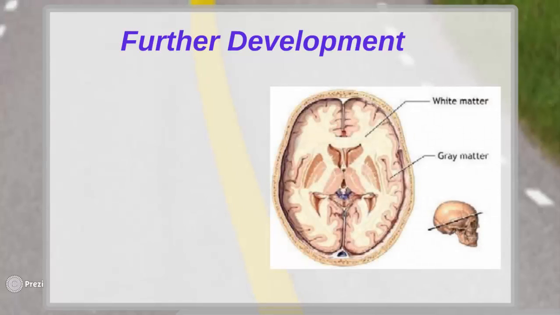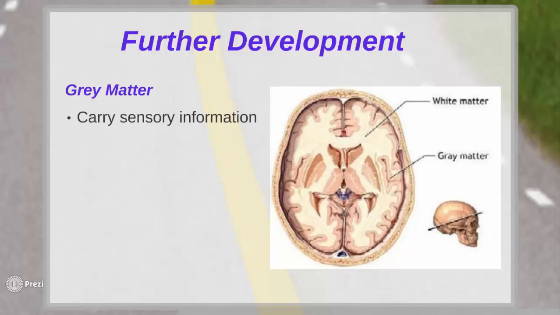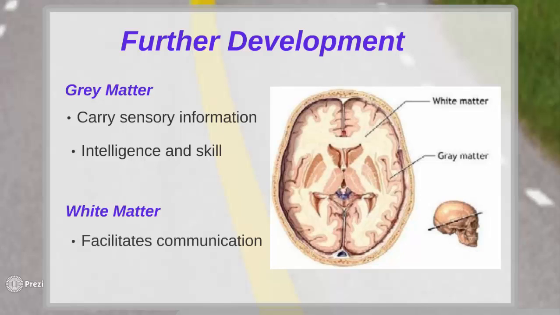Next we have grey and white matter. Grey matter is located in several areas of the brain. The primary function of grey matter is to carry sensory information that comes from grey matter cells and sensory organs. This information is then passed to the areas of the brain that process sensory information. Intelligence and skill are often attributed to this grey matter, largely because it covers so much of the brain. Unlike white matter, this type of grey matter is found in areas of the brain that involve muscle control. White matter makes up parts of the brain and spinal cord and facilitates communication between grey matter and the rest of the body. Now I'll hand you over to Aoife, who will talk to you about hormones.